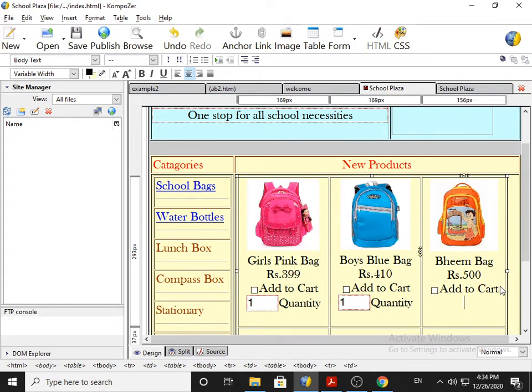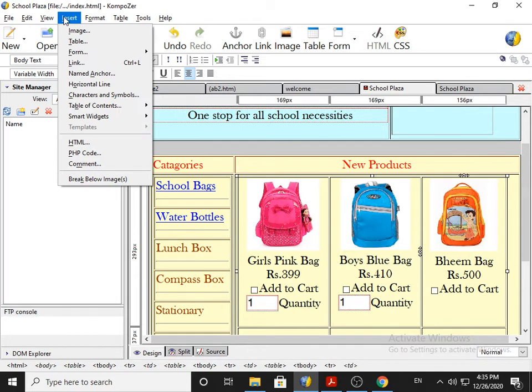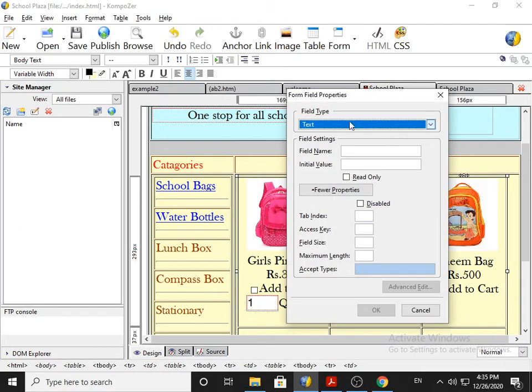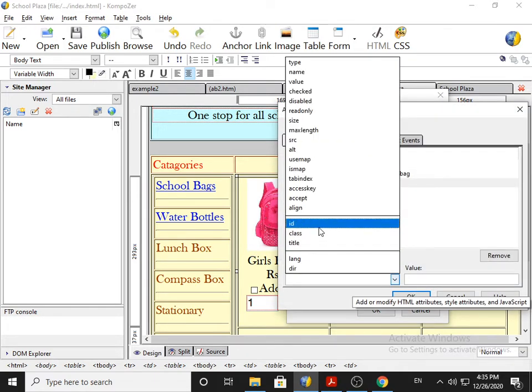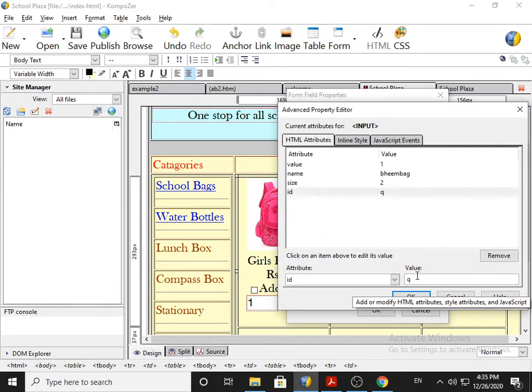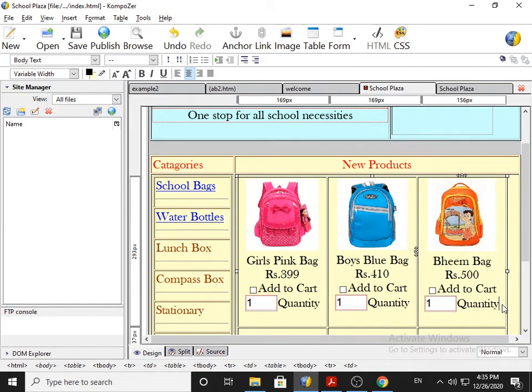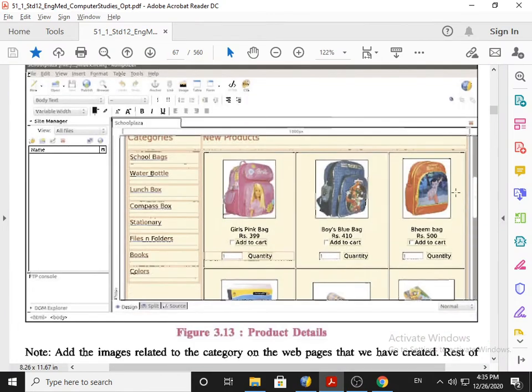Same way here, insert form field, text, beanbag, initial value 1, size 2, advanced edit, ID Q3, OK, and OK, and we write quantity. So now it looks a little bit like the way it is in the textbook.